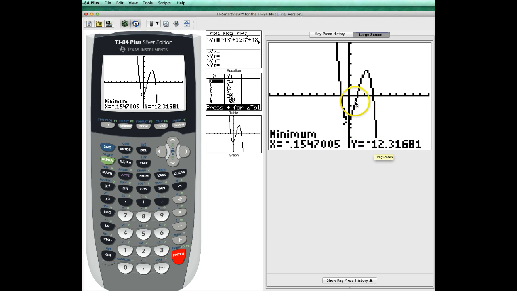So those are the relative maxes and minimums you can find using the TI-84, and it's going to be very